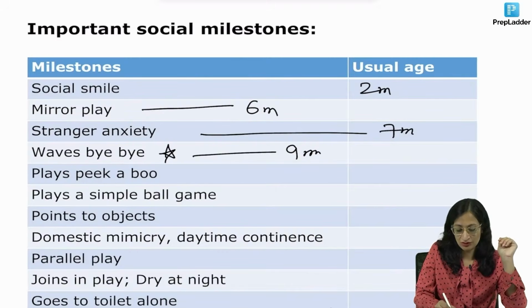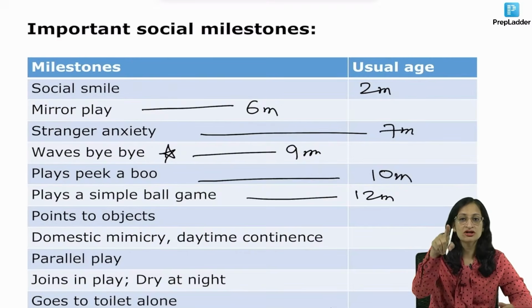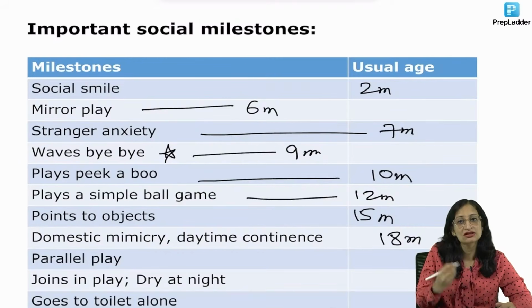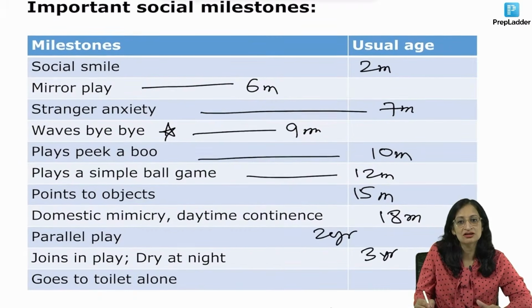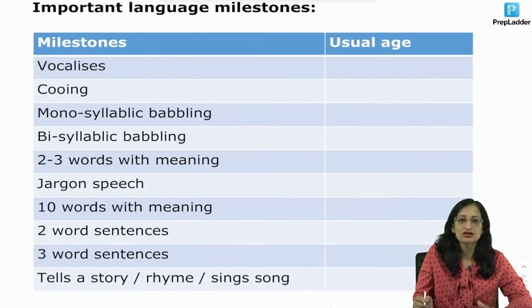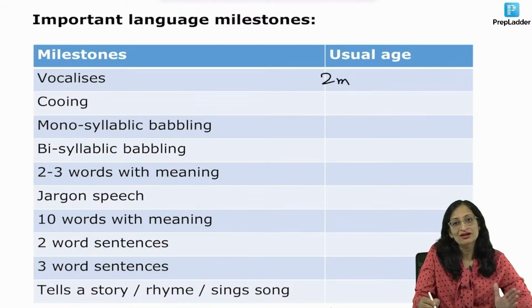Plays peekaboo 10 months. Plays a simple ball game at around 12 months. Points to objects, okay, points to objects at 15 months. Domestic mimicry 18 months and daytime continence. Parallel play at 2 years, joins in play and plays with other children at 3 years, goes to toilet alone 4 years, right? And important language milestones, the child starts vocalizing at 2 months, cooing or a more musical sound